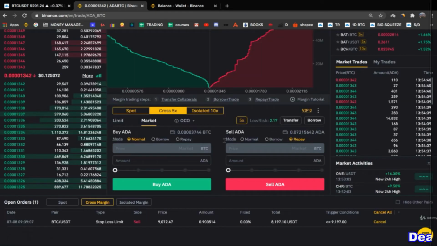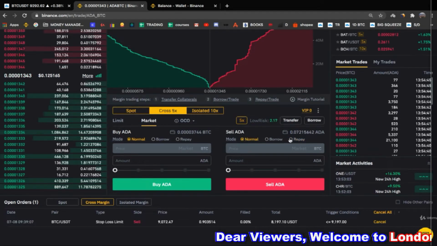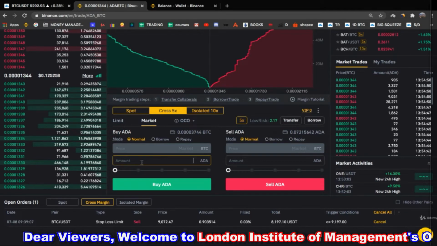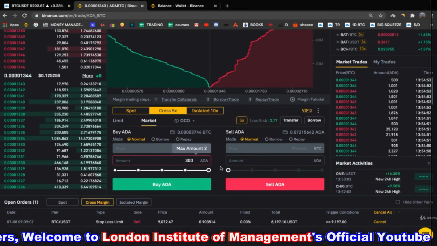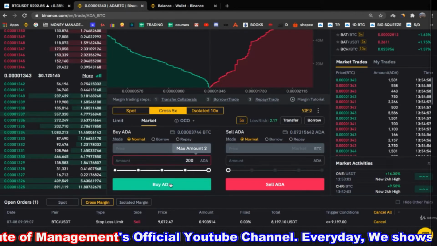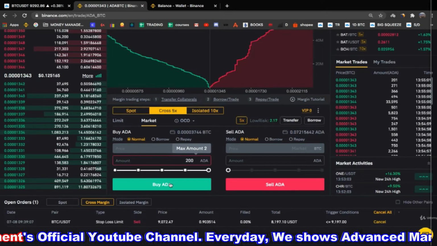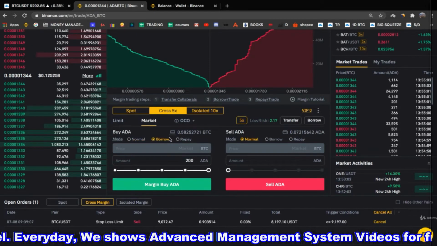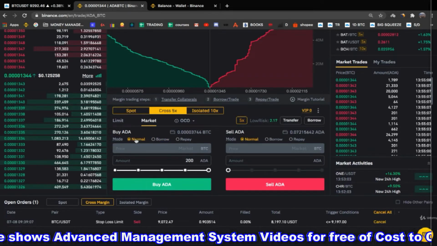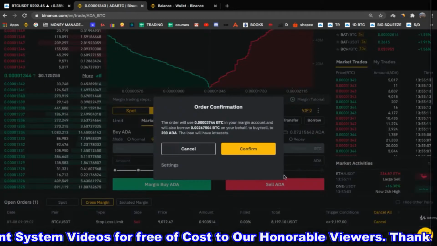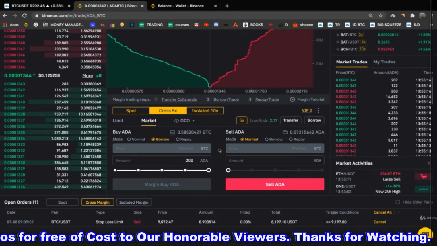So as you will see now, we don't owe Bitcoin, we just owe the small amount that is from before. Now I can show you how to do this manually as well, if you don't want to use this automatic option. Now let's again buy 300. Let's market buy 300 again. We can even go with less, with 200. Let's market buy 200. For some reason again we think that this is going to go up. You have to be in the borrower mode, right? If you are in the normal mode, you cannot open a position because you simply don't have Bitcoin. If you have, you don't need margin trading to do this, right?